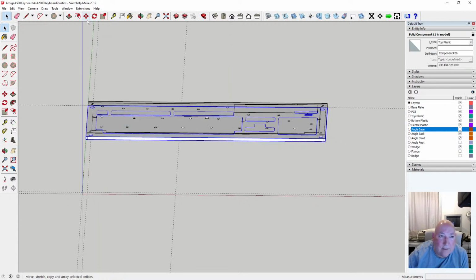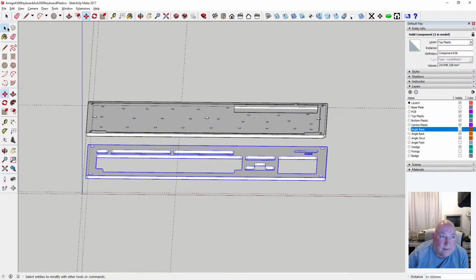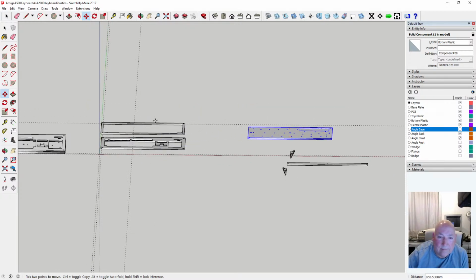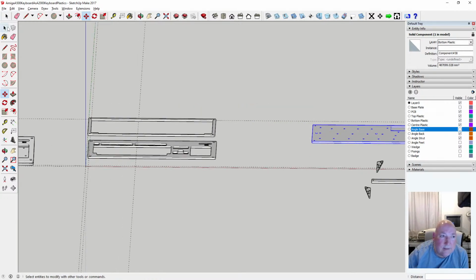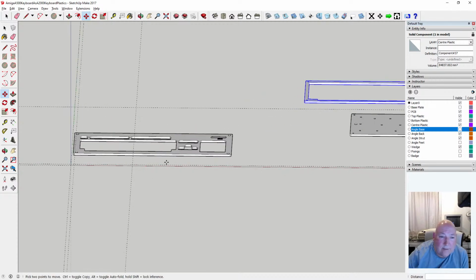That's the keyboard, that can stay here. Don't know what that one is. That's the base. And right, let's move that one out of the way. Let's put it there for a bit. Right, so this one's